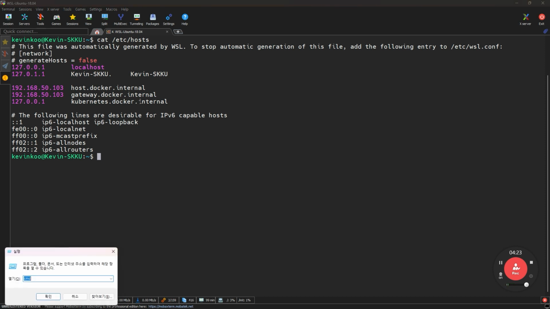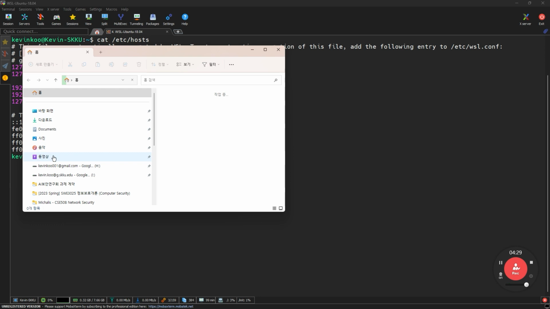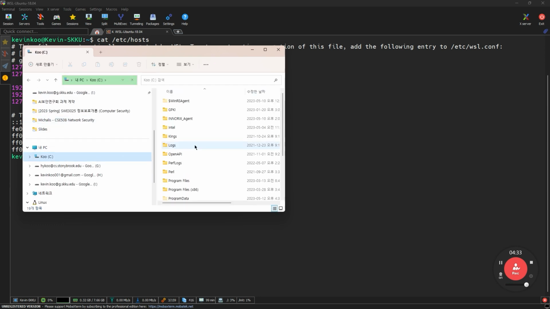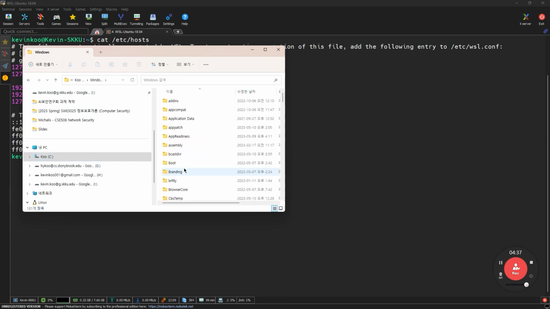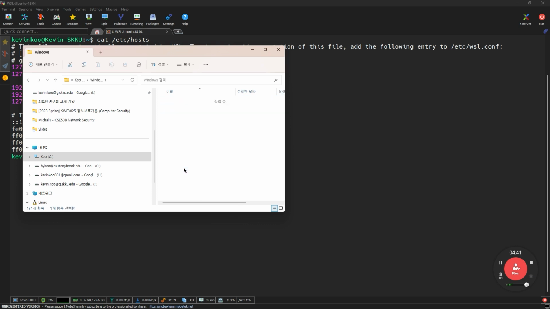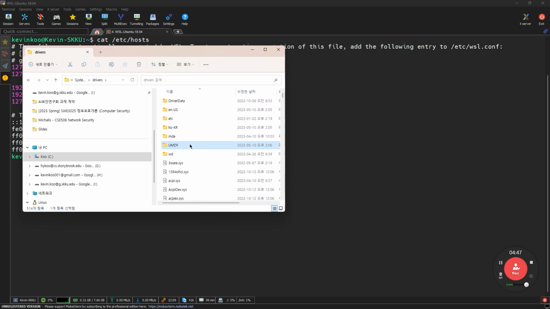In Windows, you open the Explorer, you go to the C drive, and here go to Windows, System32, and drivers, and etc here.